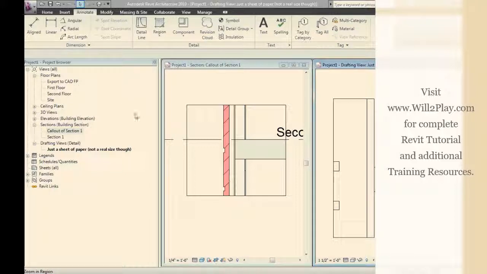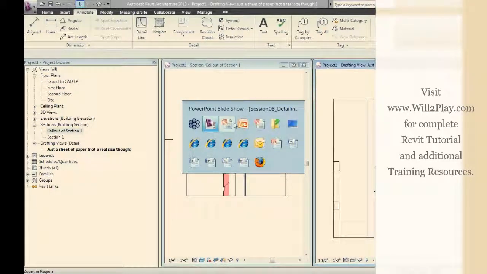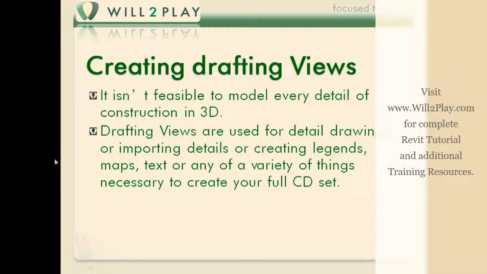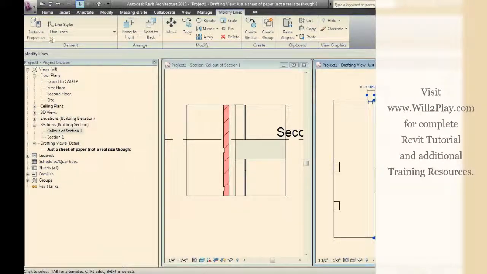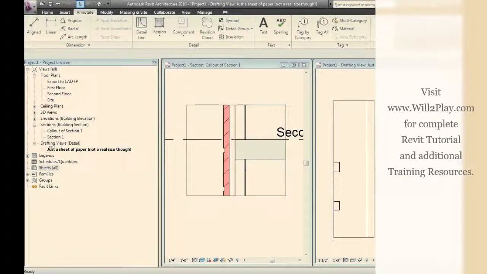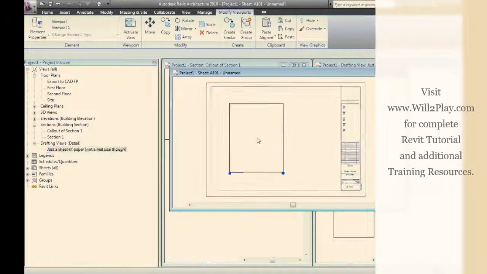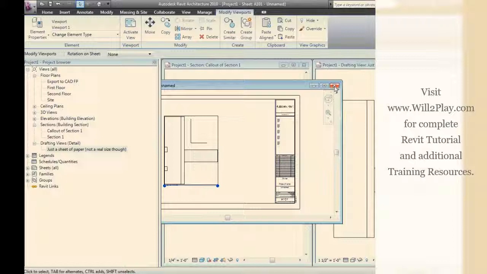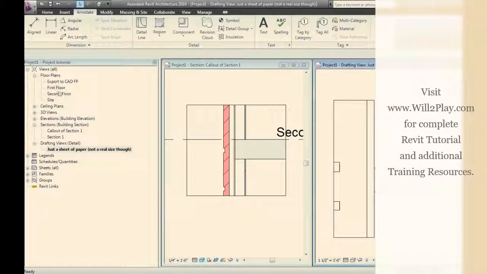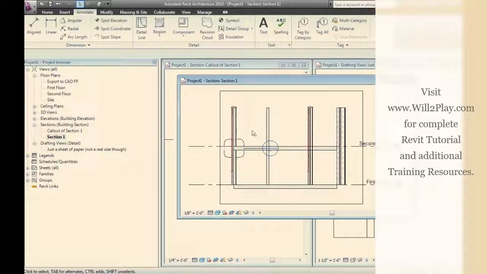So from here, the question becomes, let's go back to the PowerPoint presentation. Do you understand what a drafting view is now? Literally, it is just a sheet of paper that you can draft on top of, that you can then drag and drop onto a sheet, and it looks like a drafting view. It looks like another view, but it does not reference the real model in any way. And the way that we would use this drafting view, if we did not know